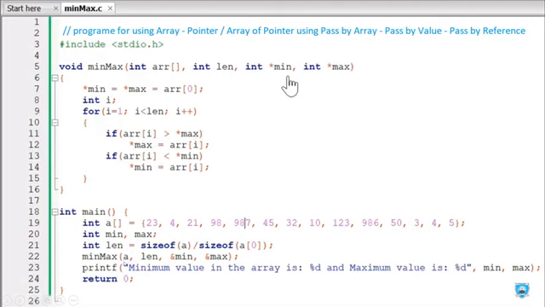And finally, when the user defined function returns: the minimum value in the array is %d and maximum value in the array is %d, mean and max. Here the smallest element that we know is 3, and the highest element is 987. It will print. Return 0 because we are declaring integer main, so return 0.